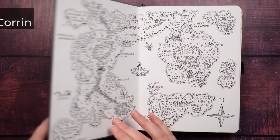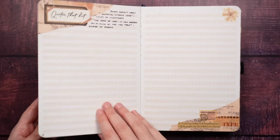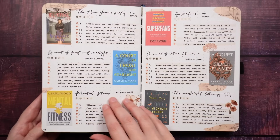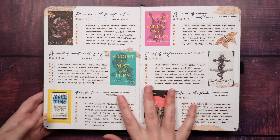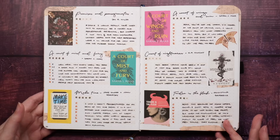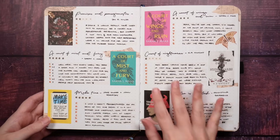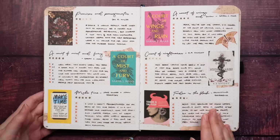Hi team, I'm Jess, or JashiiCorrin, and my reading journal idea is to actually record not just what you're reading in your reading journal. When I first started my reading journal, it was because I had finally gotten to a point where I felt like I was reading enough to make it worthwhile, but then, because I was enjoying it so much, it actually made me not so inclined to do other types of leisure, like watching movies, playing games, watching TV shows. I got into this really odd mindset where, because I wasn't going to record any of that stuff in here, and I was enjoying my reading journal so much, it felt like those tasks were just not